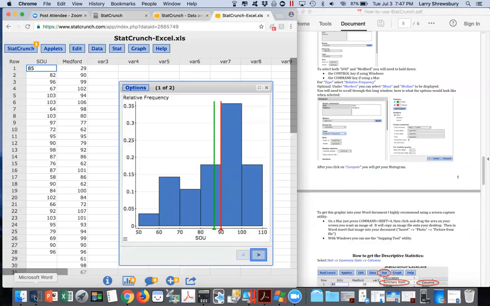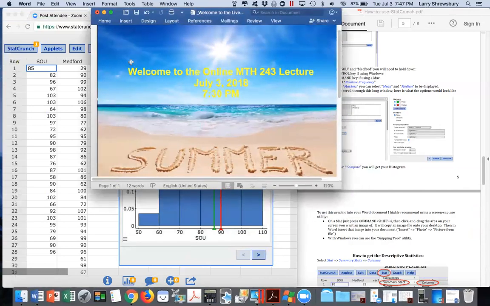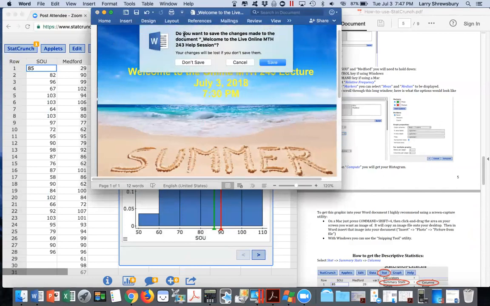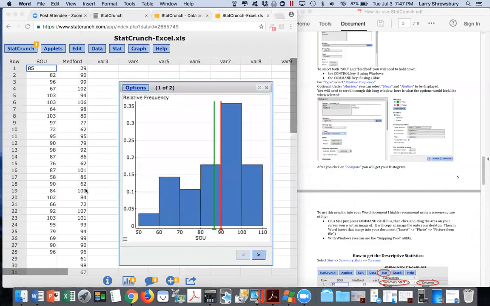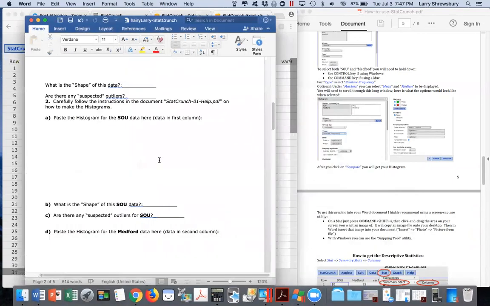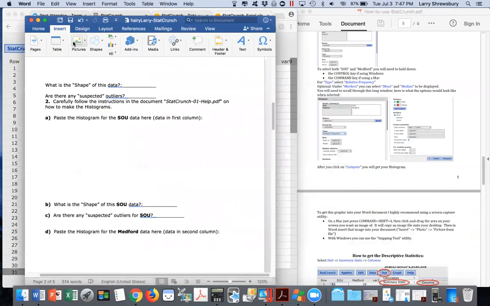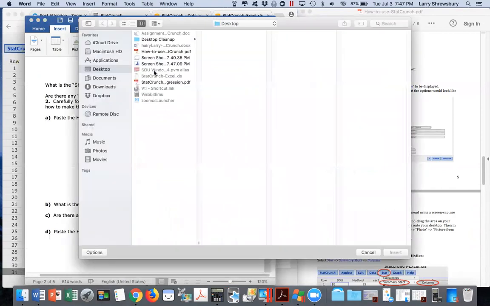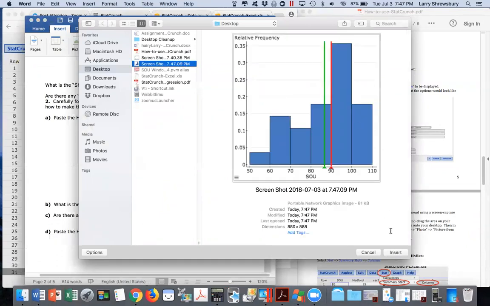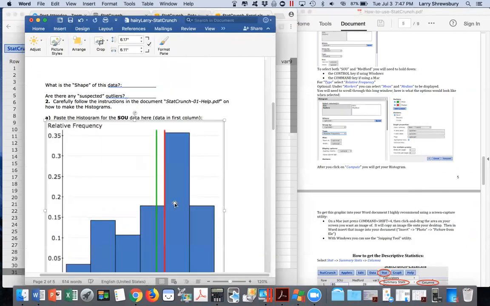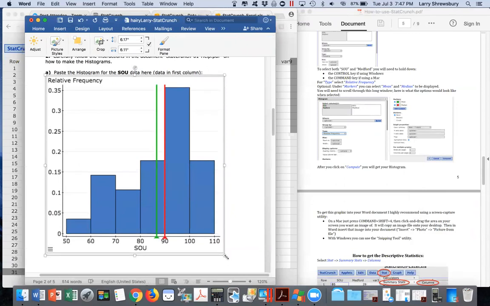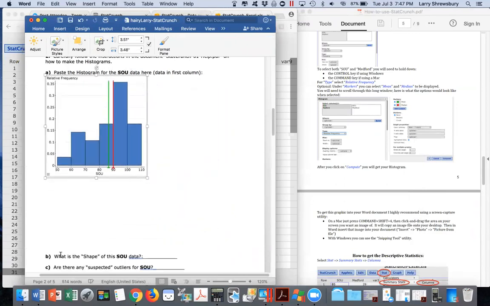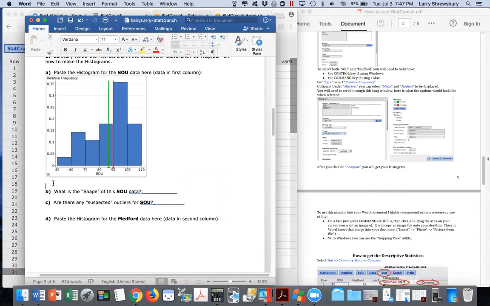Now let's go back over here, and I don't need that one anymore. So that way when I click on Word here, I get this. There we go. So let's do our insert pictures, photo file, and it's this screenshot. Insert that. Once again, let's make it that. We don't need it that big. So let's get rid of those empty spaces that got inserted in there,